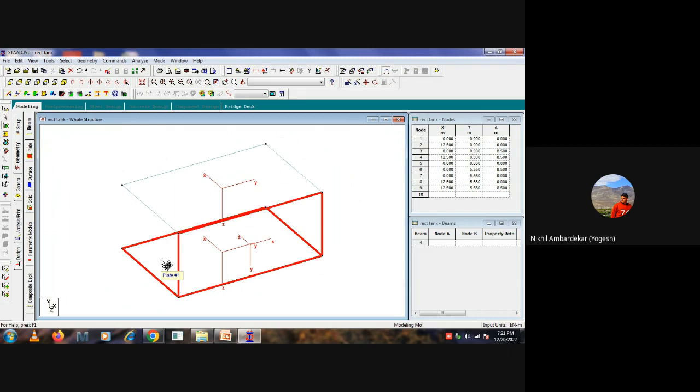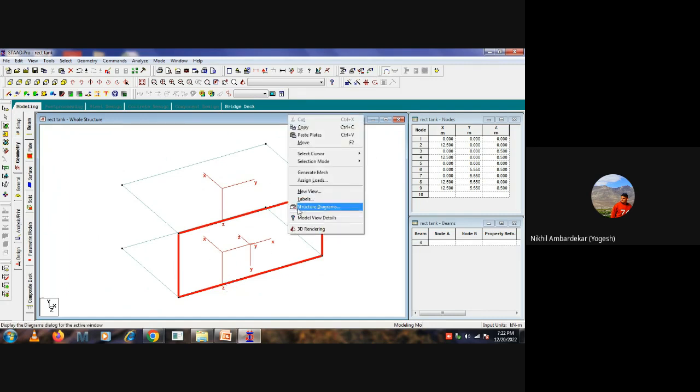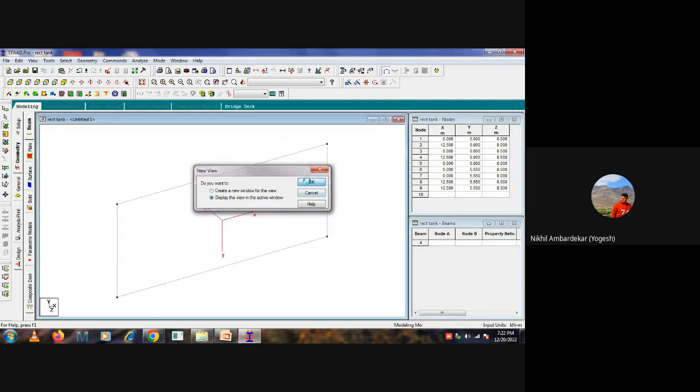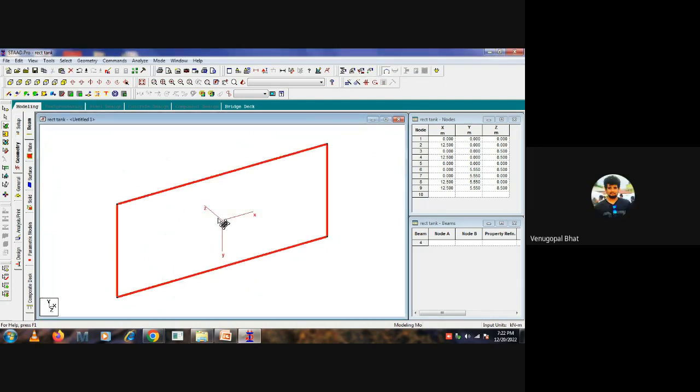Yes, you can apply, but what happened? It will take much time. Now this is a very small model. We have only 4 walls. Once you are dealing with 100 walls in your model, are you able to apply each time by selecting each individual wall? No, sir. So for that, we should make a model in such a way that our local axis will be the same for all walls. Okay. So if I consider this wall,